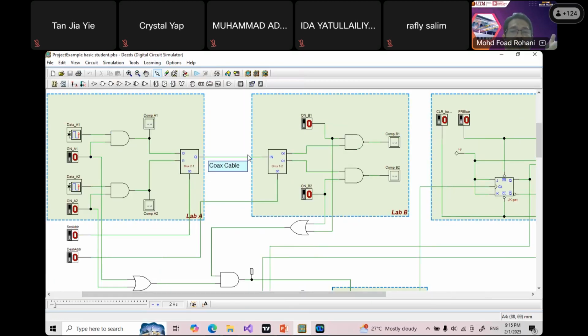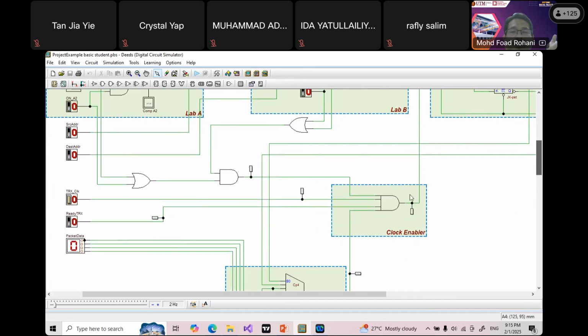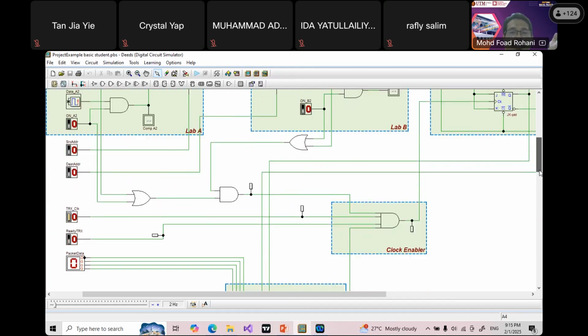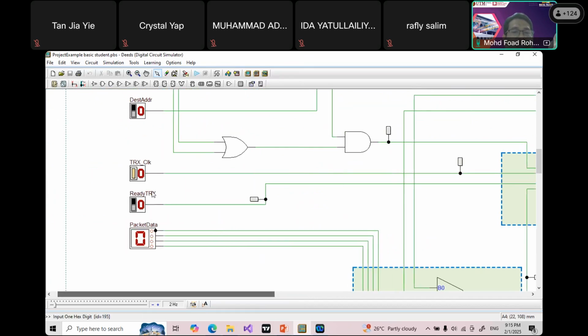Okay, so this is my Mux and Dmux, computer A1, computer A2, computer B1, B2 receiver, and then this is the clock enabler here, right? Clock enabler here. This is from computer A1 on and computer A2 on, right? Then here, this is other rules. This is a pulse, which means that if I want to transfer, I need to, this is